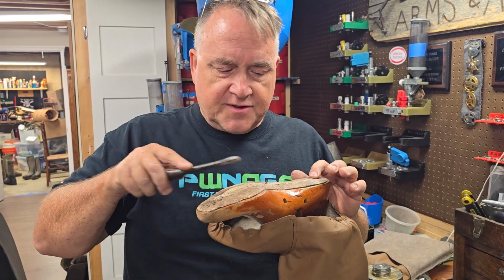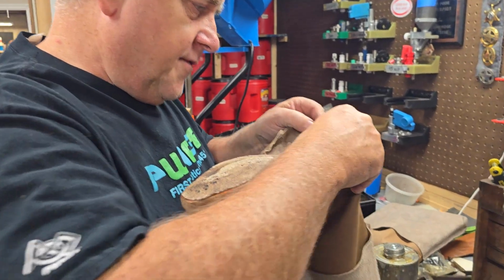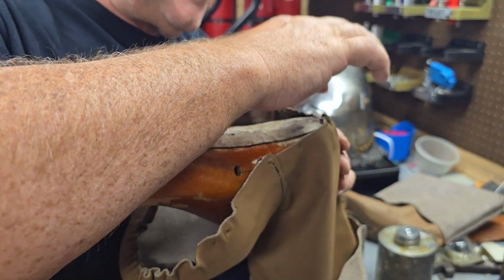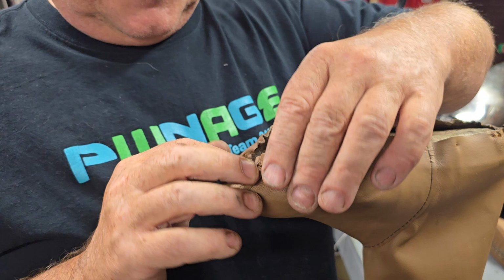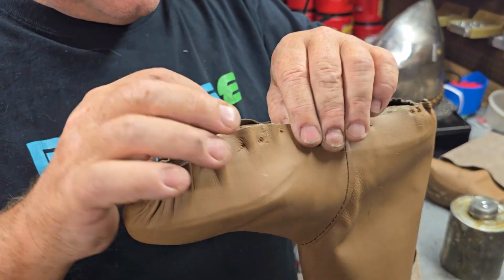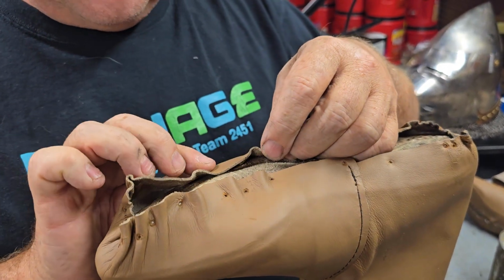Alright, so now I've got these 3 nails to contend with. I'm going to pull out the middle one, but I'm leaving the other 2 in. I'm going to carefully go to the back of the boot and try to line it up at the very center and touch it. Pull it all the way to the front and try to touch the center of it. Then I try to get here, just where the instep starts, touch it,